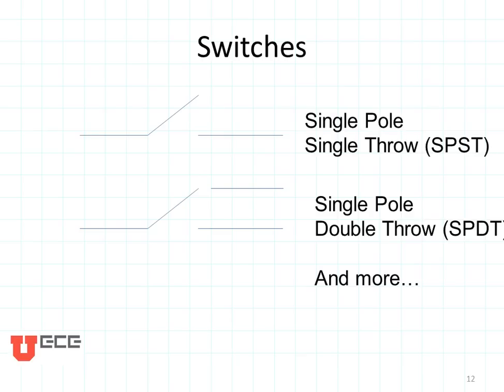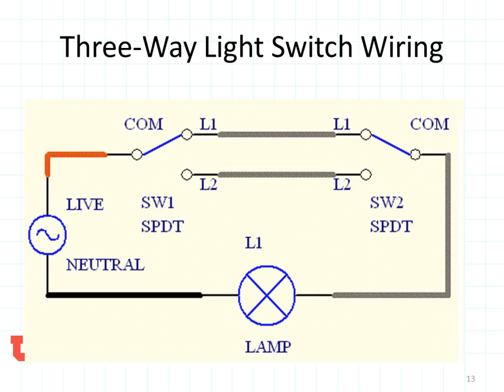There are several other types of switches. The most common that we use when we do our designs are single pole, single throw switches. That's just a switch that you just turn on, turn off, turn on, turn off. The other is a single pole double throw, where you turn on here or you turn on there. And there are many others as well. I've put a link on the website, and I thought it was pretty interesting for you to see all the different kinds of switches that you might be using throughout your career.